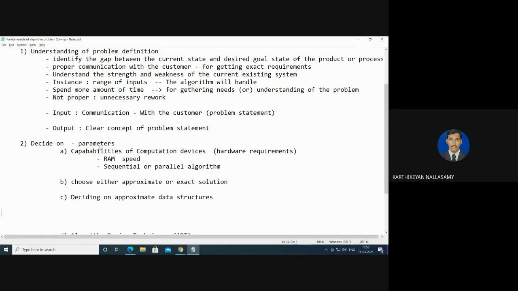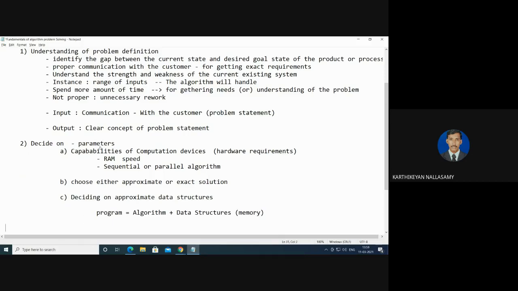Next is the designing of an appropriate data structure. Normally, if you say it is a program, it is classified as algorithm plus data structure. It is very important. Data structure means the way we are organizing things using logical relationships. The selection of the data structure plays a major role when you are finding a solution for any problem. Data structure means the memory representation for solving. So an algorithm with the help of the data structure always leads to the development of the program.